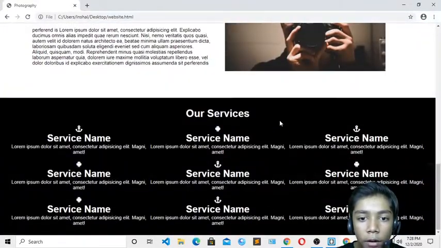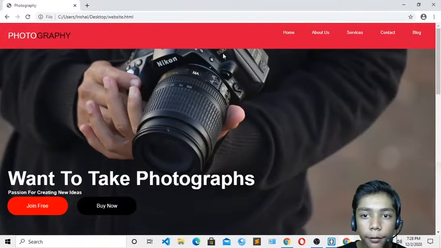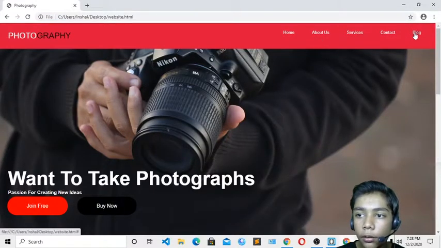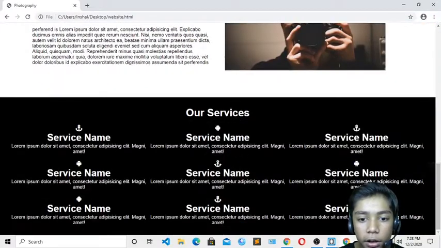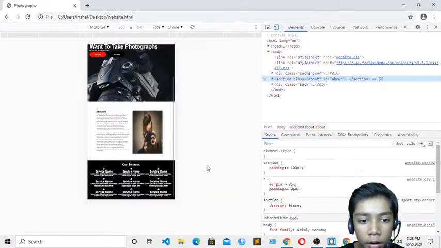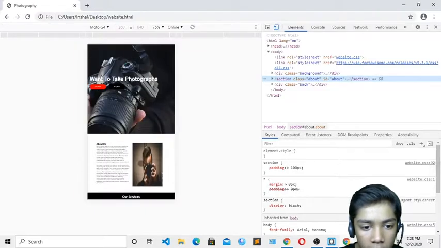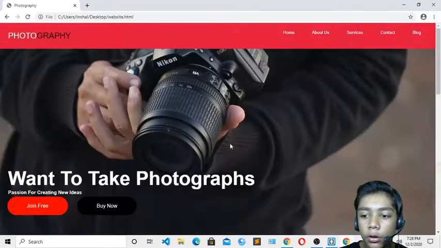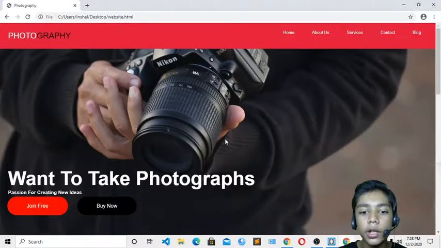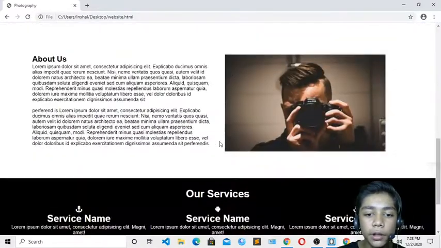So now we have made our website of photography. Here you can see we are having hover effect over here, then in our buttons, then we are also having our about us section, then services, which all are responsive. Here you can see that we have made our own photography website. I hope you enjoyed this class, and I hope you also enjoy this class like you were enjoying all previous classes. You have to practice all these things like we are working with.